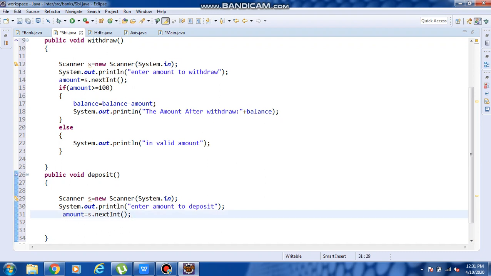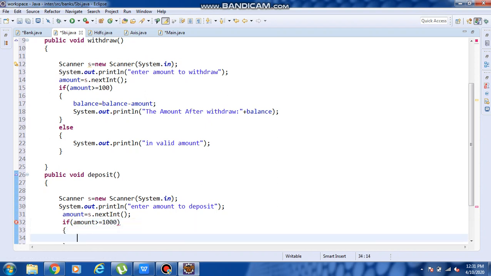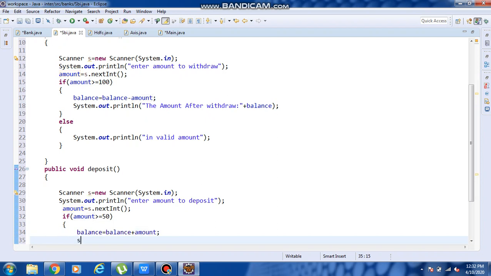Now again I am giving if amount greater than or equals to 1000 rupees. If I am having a minimum of 1000 rupees, or if I want to give, a minimum of 50 rupees is enough. So balance equals to balance plus amount.